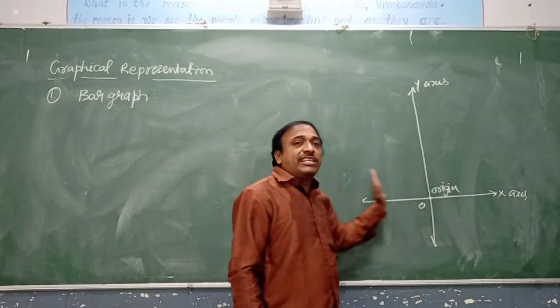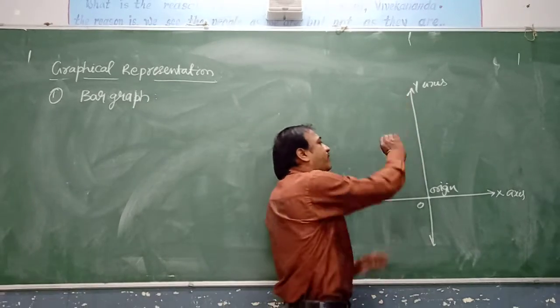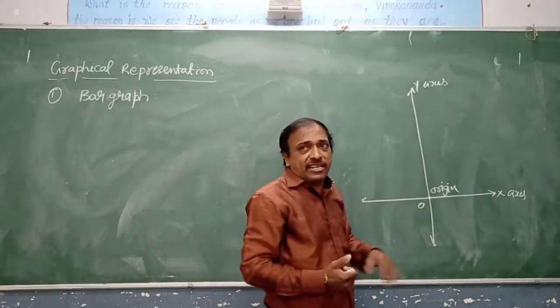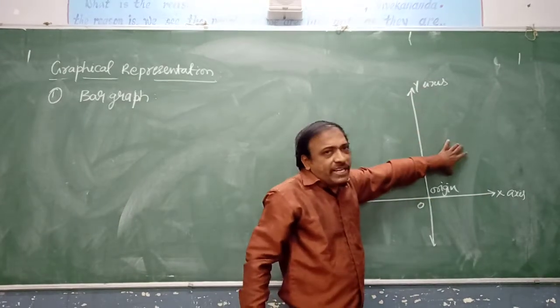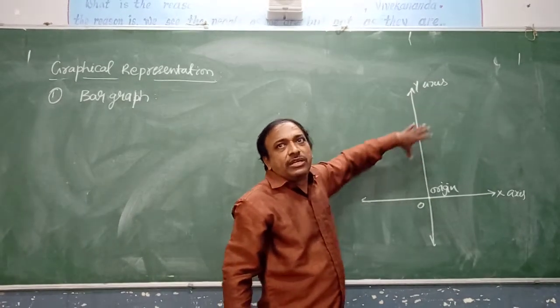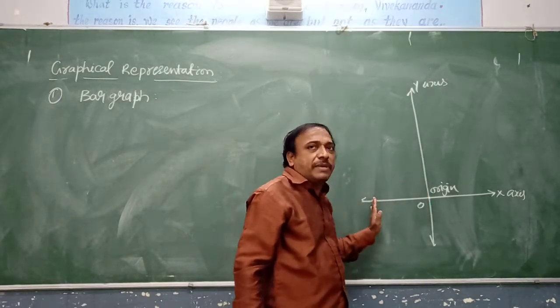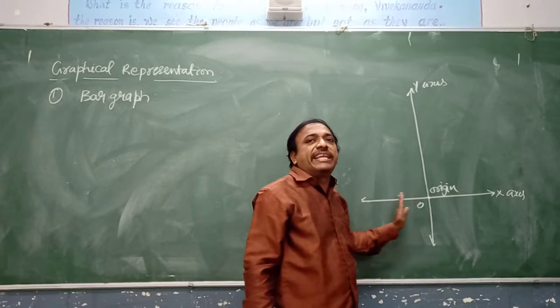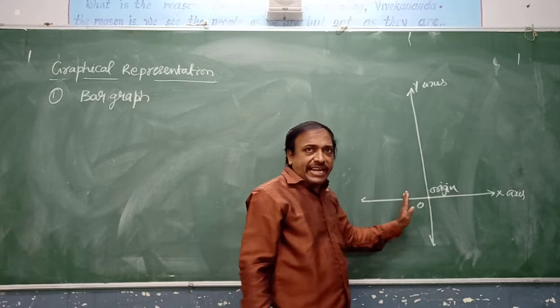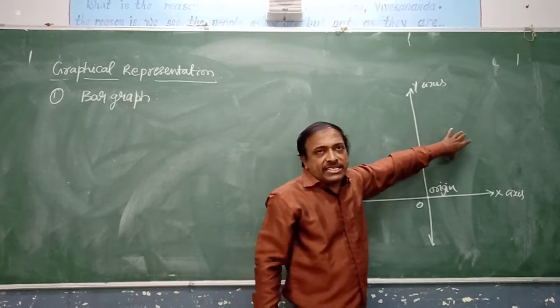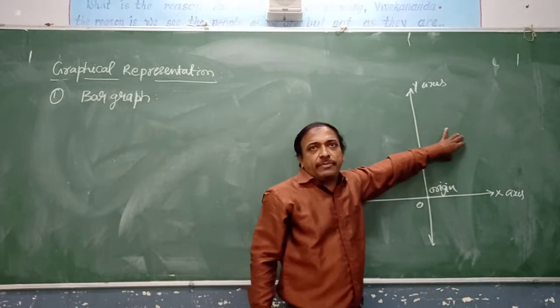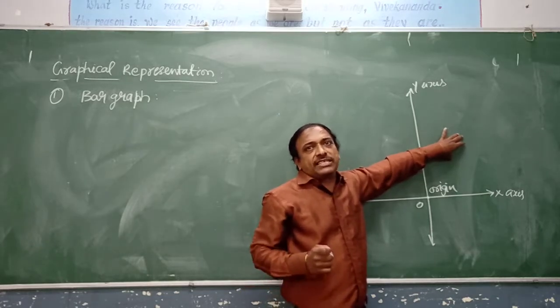So this quadrant 1, most of the time we use only a particular part. The plane is divided into 4 parts, but we are using only one part to represent the bar graph. We don't use all these 3 places. Why are we not using them? Because they show the negative values. That's why we are using only a particular part. Now we'll see one example of how to represent a bar graph.